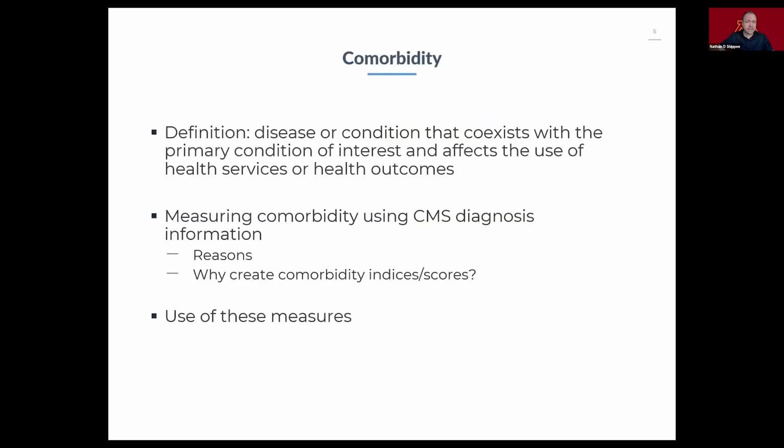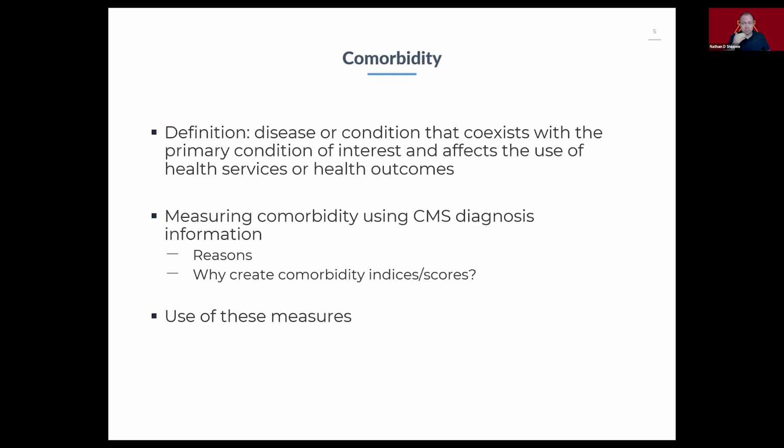So to begin with, comorbidity, we want to think about as this is something we often pay attention to through risk adjustment and other things. As a disease or condition, it's going to coexist with some primary index condition of interest. And so a lot of times when we're talking about chronic conditions or other types of conditions we're trying to identify, it's not necessarily the very core, beginning condition that we're looking at, but it is something that is very relevant to the treatment of that condition, how complicated that condition is to manage, risk adjusting, those kinds of things.